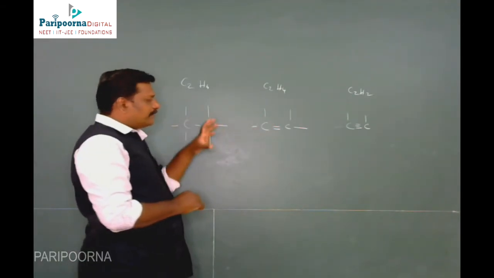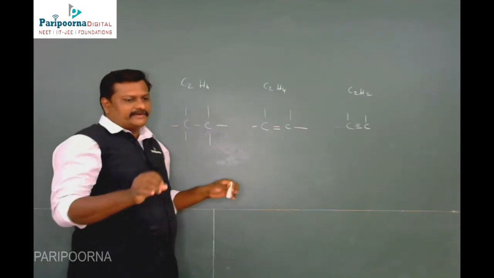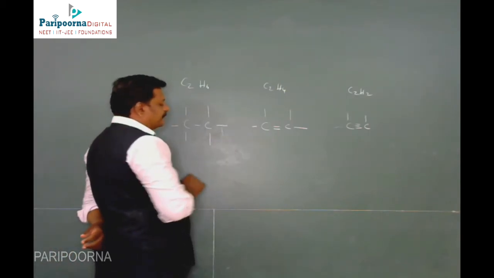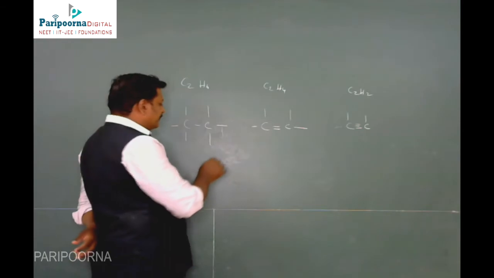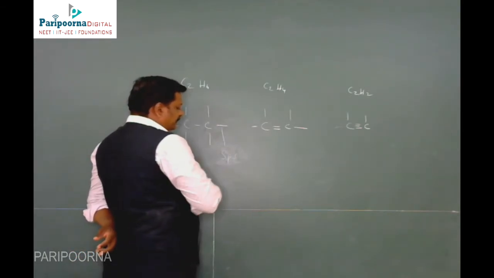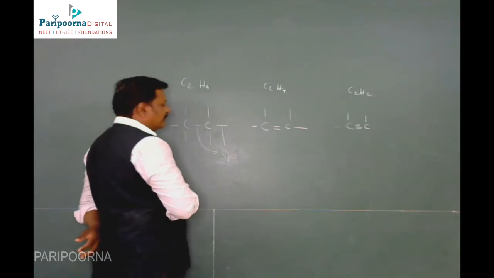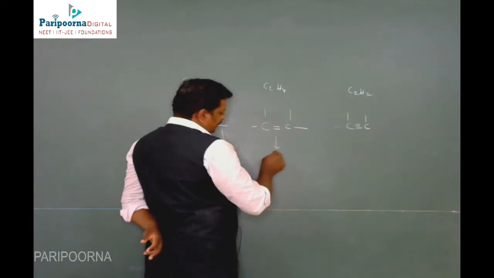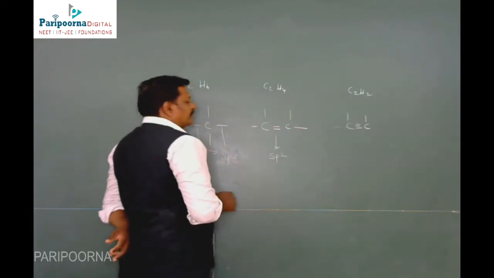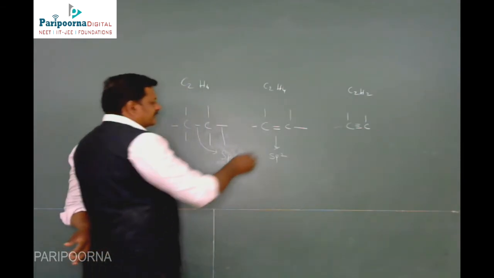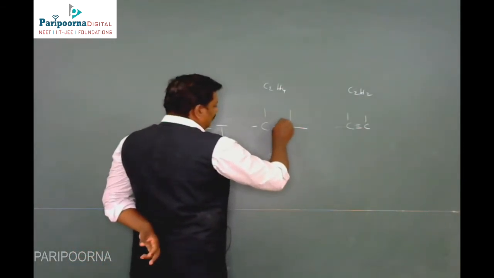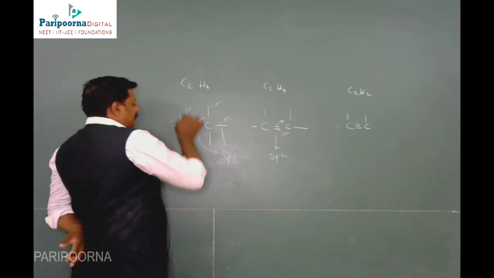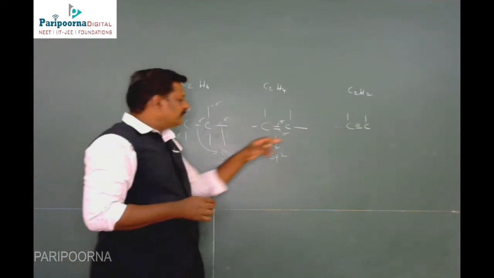Whatever bond is present in the molecules, you have to find the hybridization in the organic molecules. If only a single bond is present in the molecule, the hybridization is sp3. Look at that, here also a single bond. If a double bond is present, there will be sp2 hybridization. From this double bond, one is called a sigma bond, the other is called a pi bond. Here all the bonds are sigma. If a double bond is present, one is called sigma, another is called pi bond.